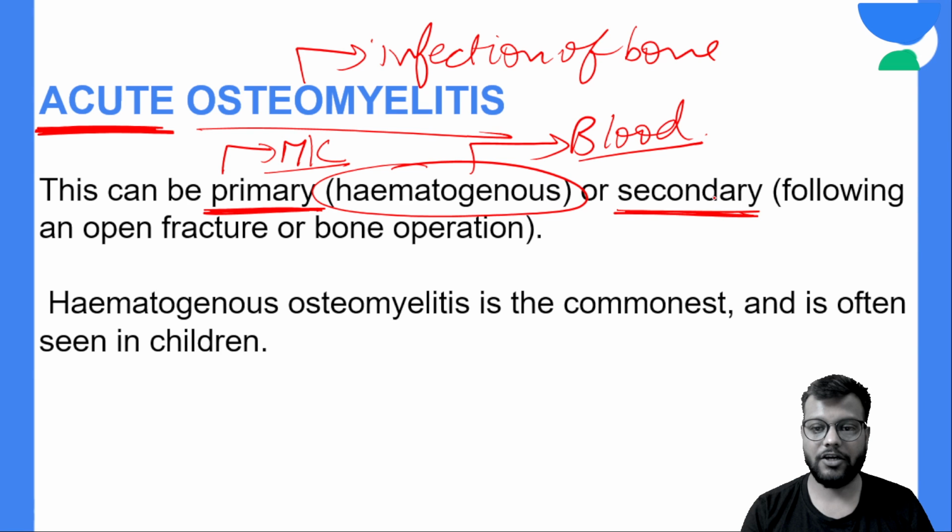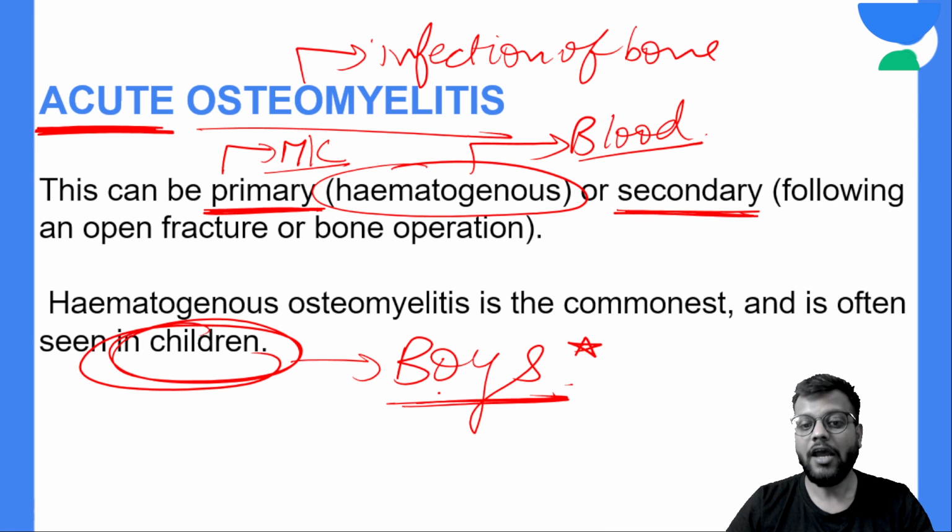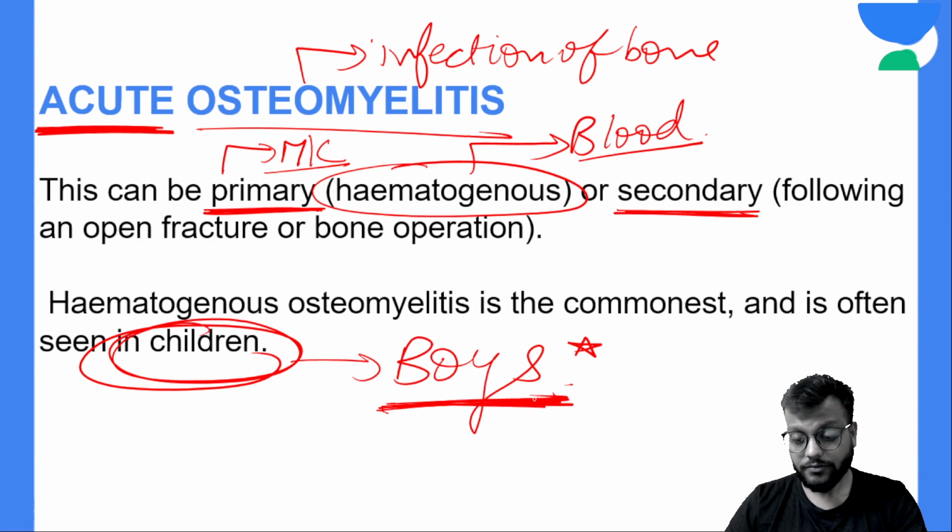Okay, and remember, acute osteomyelitis is most commonly seen in children, and that too in the boys. Why? Because boys ज़्यादा शरारती होते हैं, so they have more chances of injury etc. in the limbs. So it is more common in children, and most common location जो होती है, it is